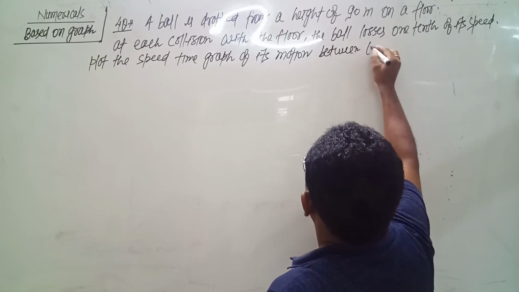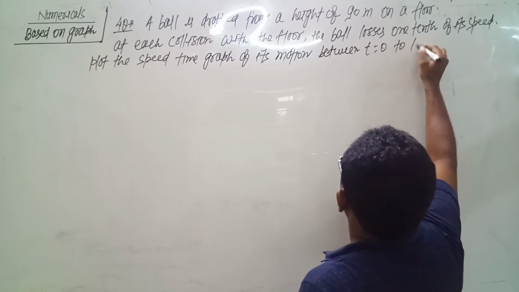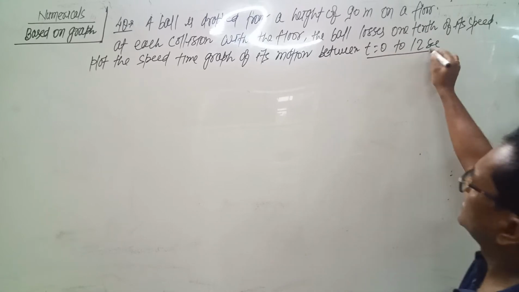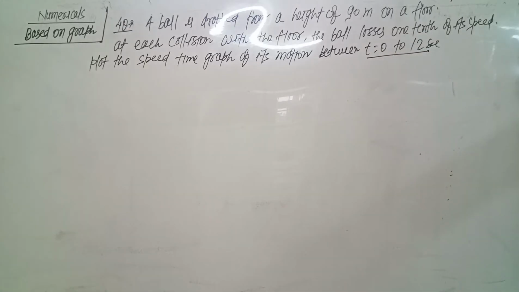So the question is, a ball is dropped from a height of 90 meters on a floor. At each collision with the floor, the ball loses 1/10 of its speed. We have to plot the speed time graph of its motion from t equals to 0